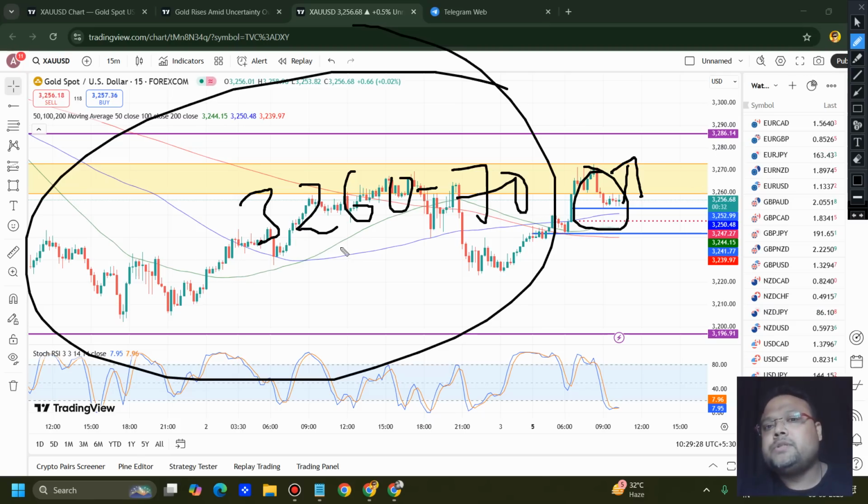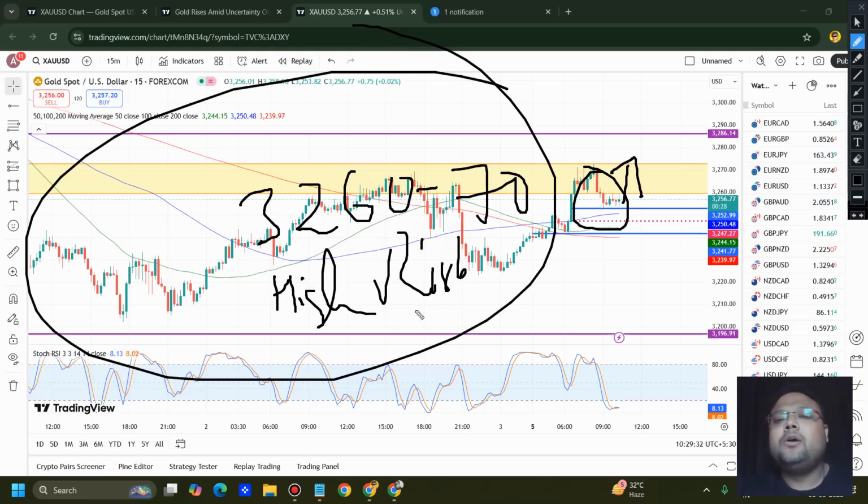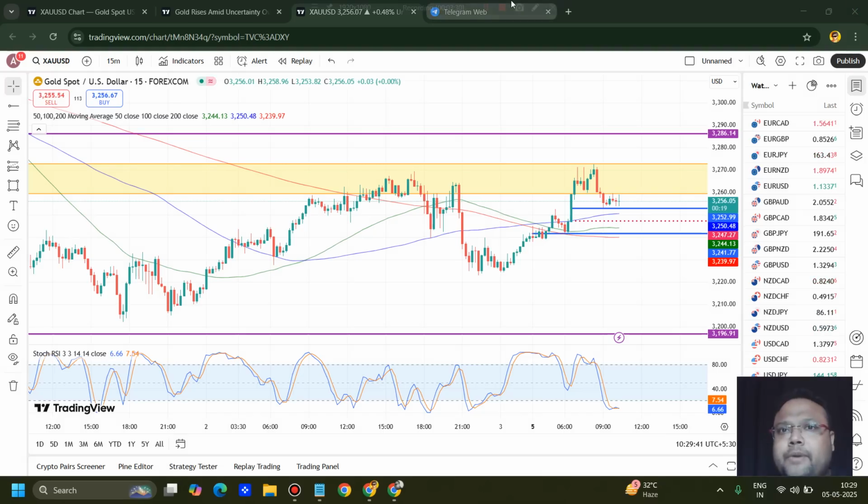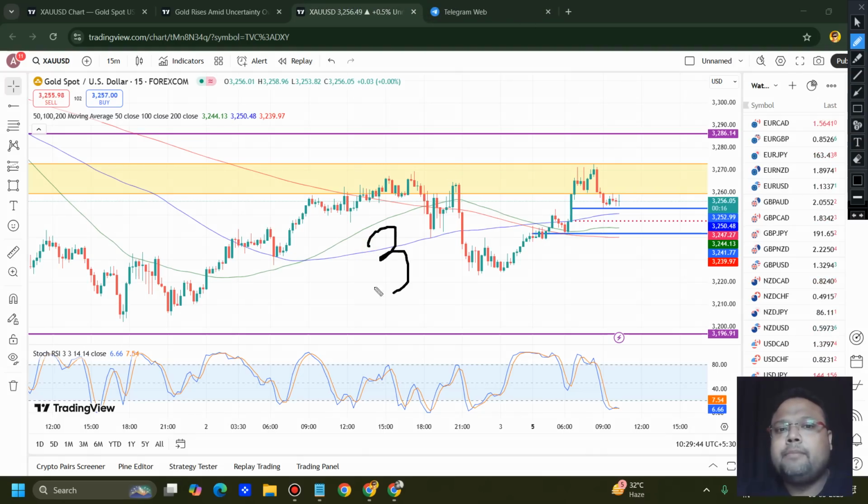I think 3260-70 is a high risk zone right now. Okay, it's a high risk zone, or you can also call it a no trading zone. Okay, personally I'm not going to place any positions here. If the market breaks during the day, if you see the market going above 3275,